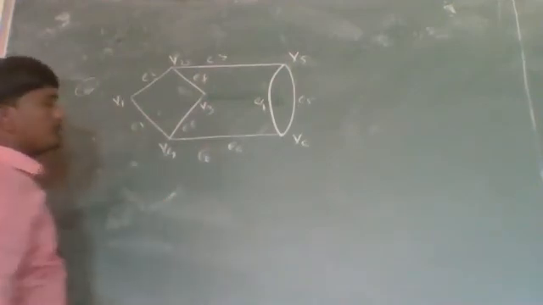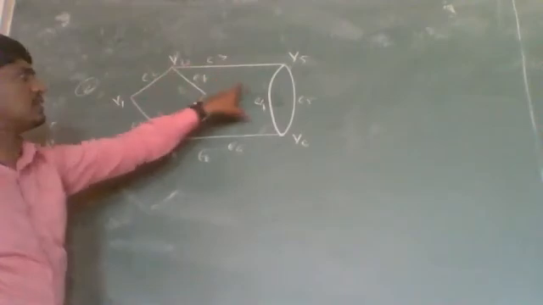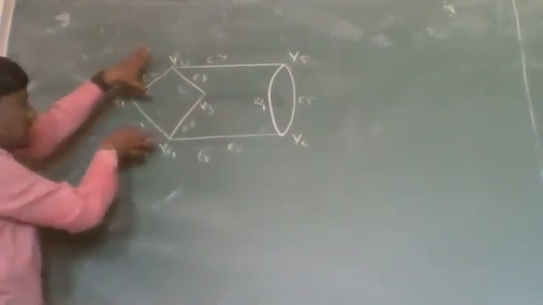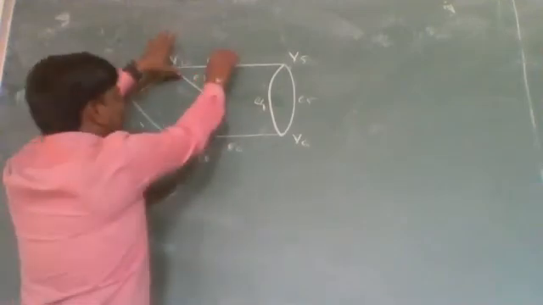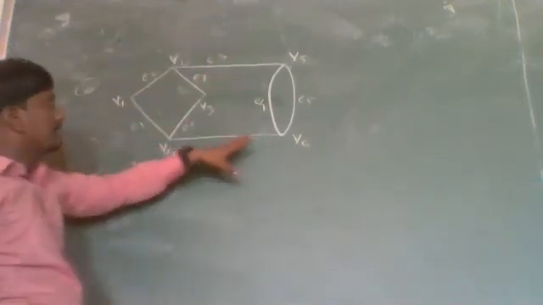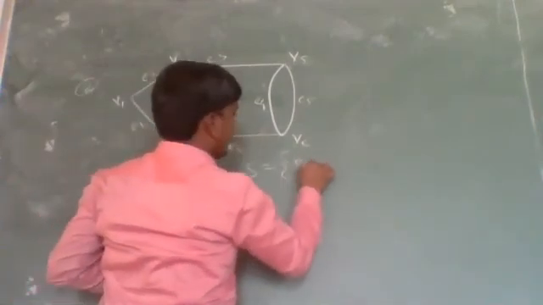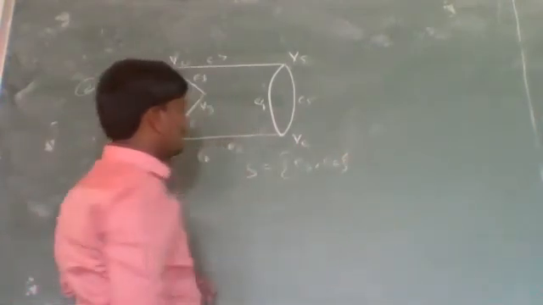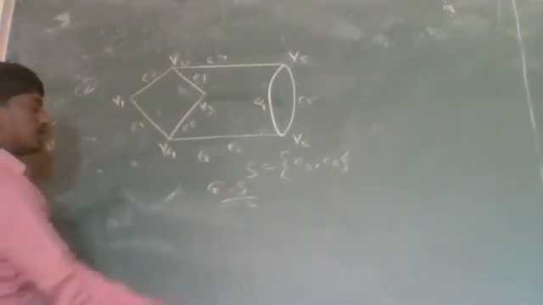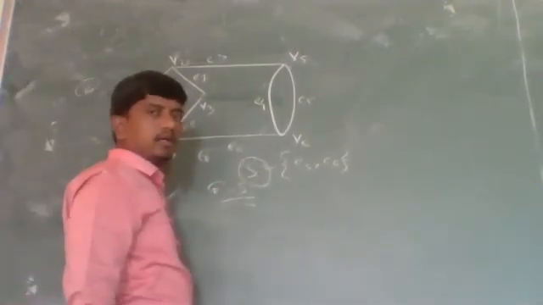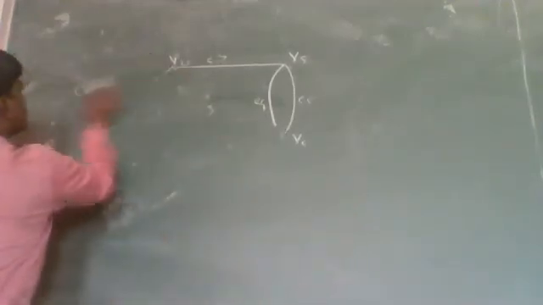Suppose this one is the graph G. If we remove any single edge from this graph G, then it does not disconnect the graph G. So to disconnect this graph G, we have to remove at least two edges from graph G. If we remove edges E3 and E6 from graph G, then it is a disconnected graph. So let S contain E3 and E6. Then G minus S is a disconnected graph. Then by definition of cut set of a graph, this set S is the cut set of a graph G. Now let us see what is a bridge.